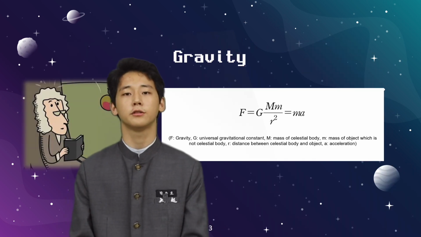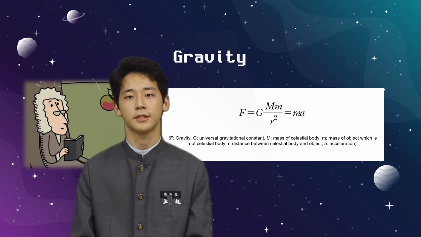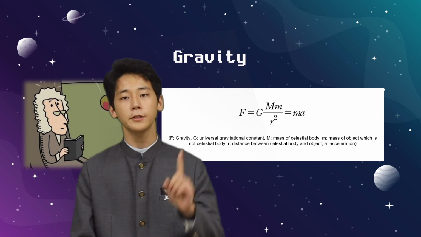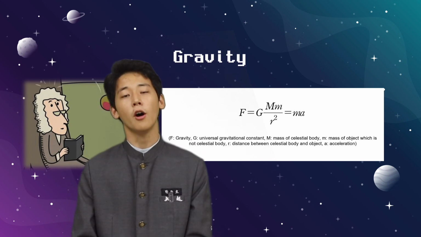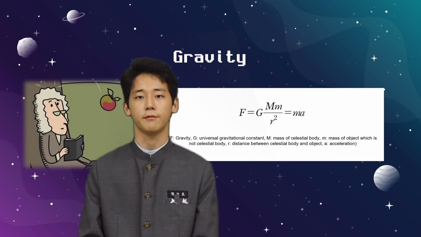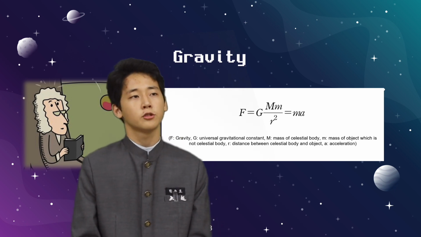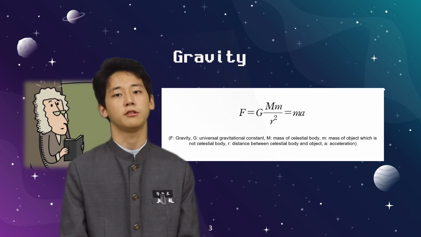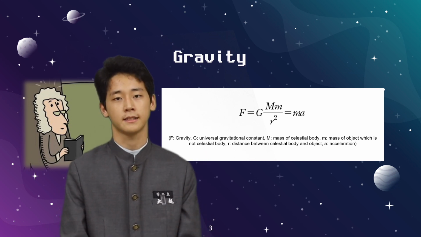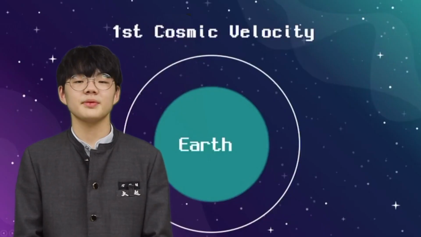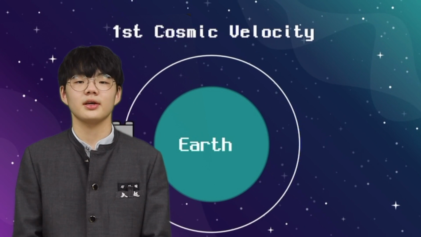Now we are going to share some basic information that might help you understand our presentation better. First one is gravity. We all know what gravity is, right? Because we live with gravity every day. To be more specific, gravity means the force that takes effect between two or more objects. The formula for it is like this. Cosmic velocities are divided into three categories.